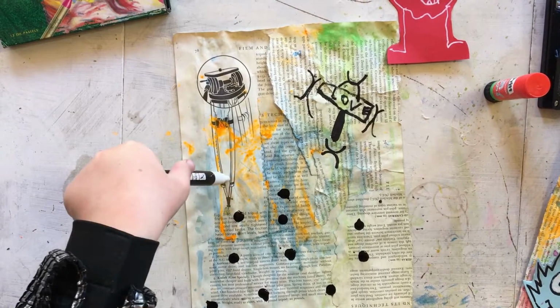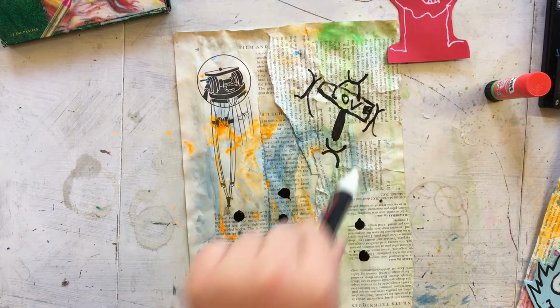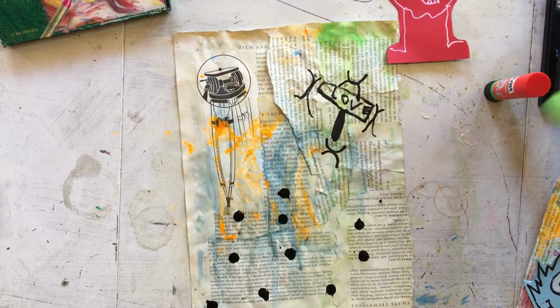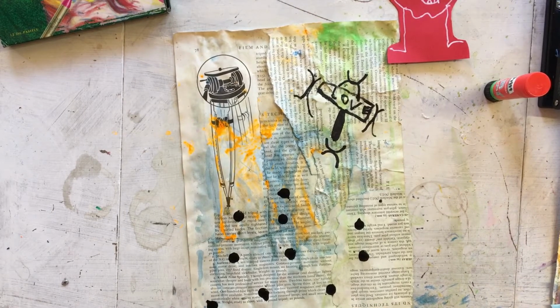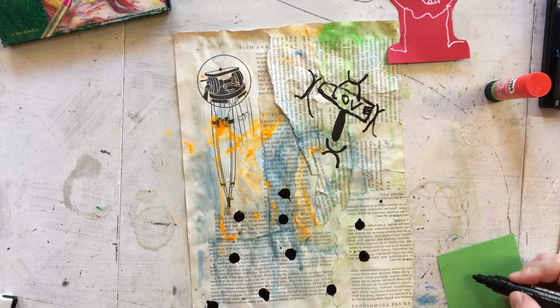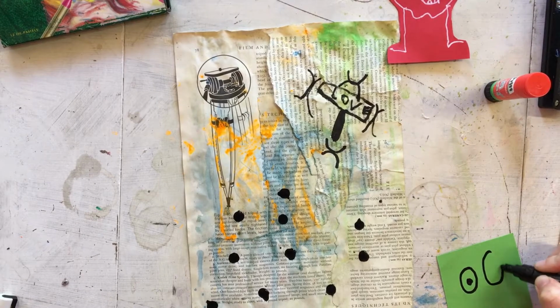But the green isn't part of the colour. Yeah, it is. It's not a primary colour. Okay, so here's a little trick. If you want to know the complementary colour of a primary colour, it is